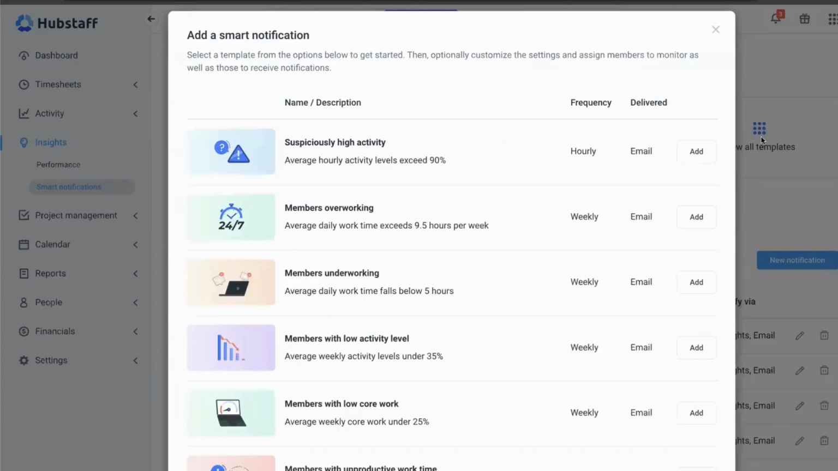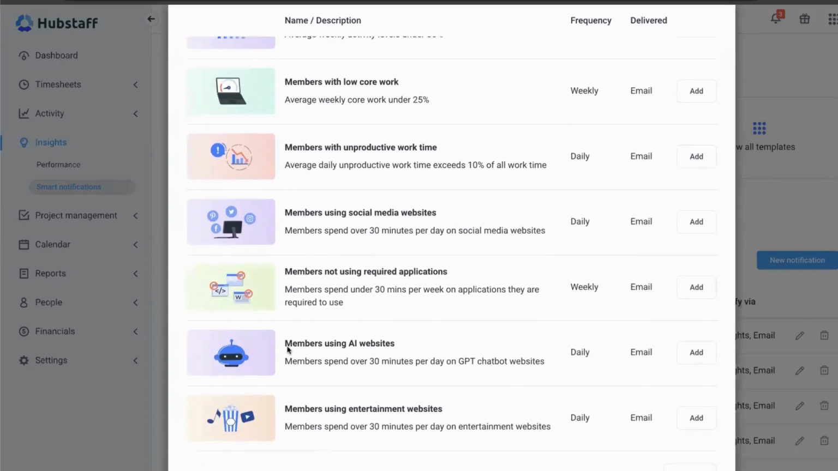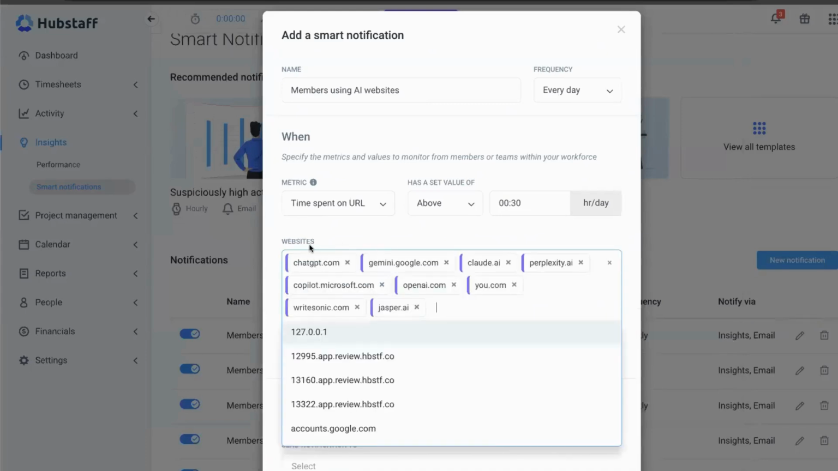But we also have all these templates that you can go through and just start from. So you don't have to use exactly what it's set to, but it will just let you create a really quick smart notification. So I'm going to go down and say members using AI websites because it's 2024 and AI has to be everywhere, right? So we'll click add, and I right away can go through websites and see we've added all these AI websites